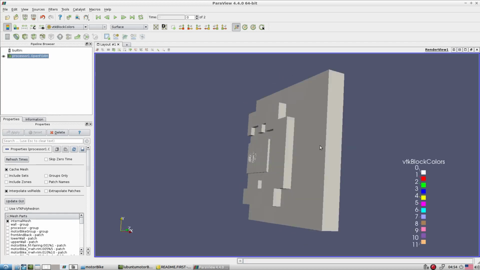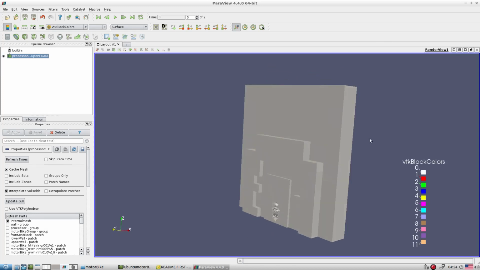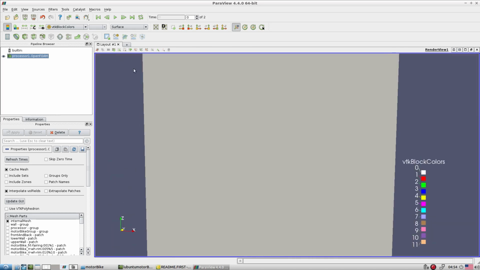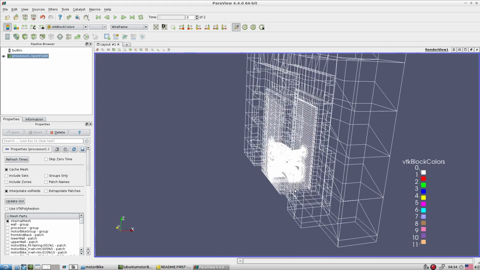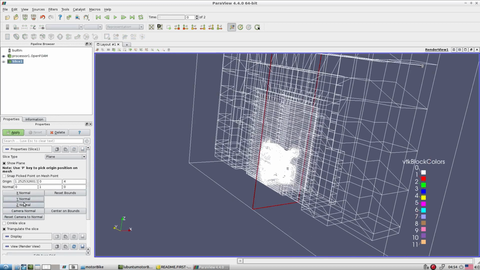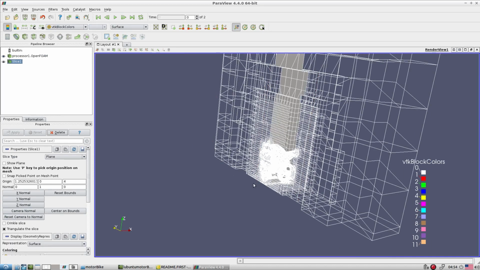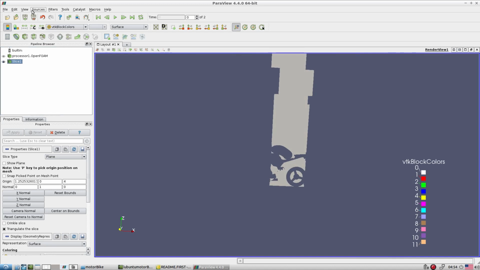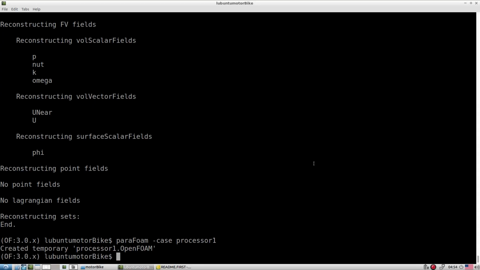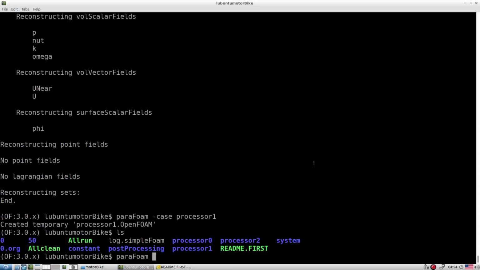Okay, so this is, let's say, post processing with the help of processor number 1. That means in hierarchy it is the second processor, and let's say we want to look at what happened exactly at this bike. So we cut the plane in y, so this is the bike, and over this, if you want, you can check the u value, but it is sometimes very difficult to see what exactly happened. So the best way is to reconstruct it and do the post processing the normal way.